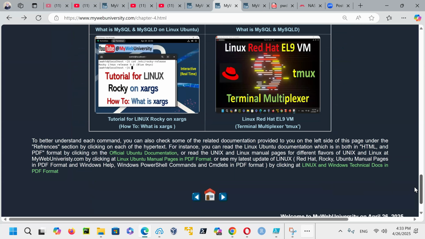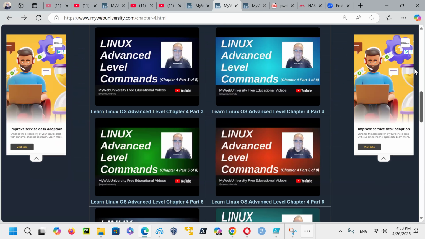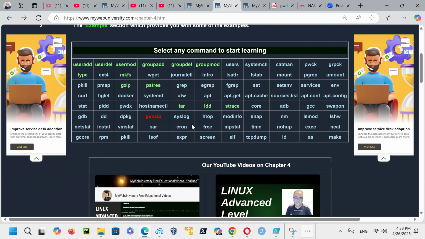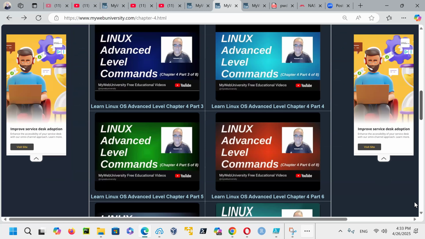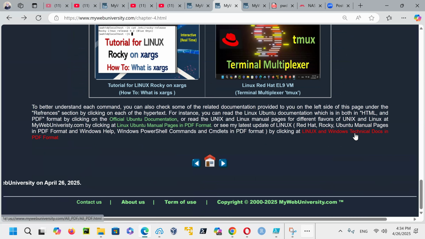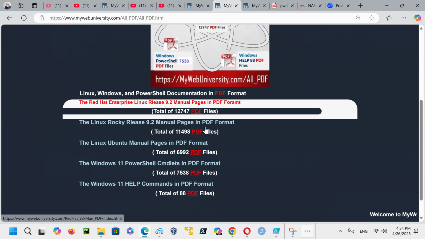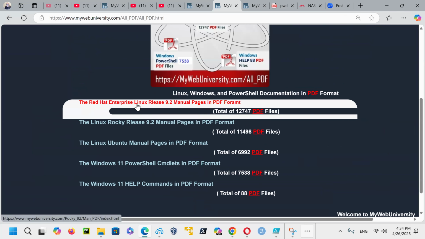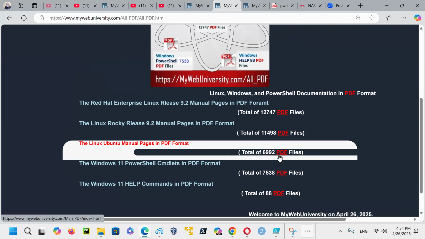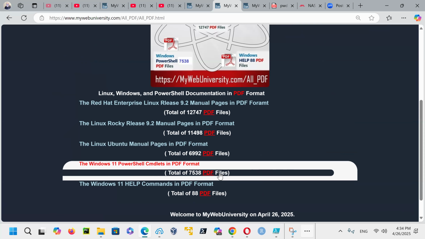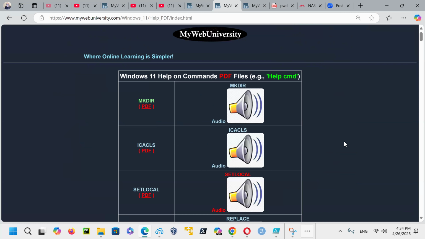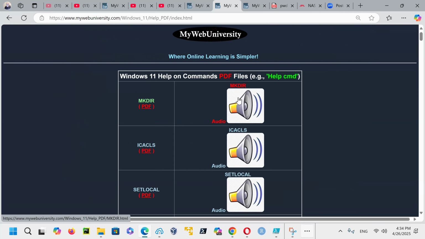Yes. By coming here, for example, let's say you were looking for documentation, you said man pdf file, and it was only Linux Ubuntu. And then you say, what about Red Hat? What about Rocky? So you come here and just click in here. If you're looking for Red Hat, click here. If you're looking for Rocky, click here. If you're looking for Ubuntu, click here. If you're looking for PowerShell, click here. And Windows is there. For Windows, I also have a lot of technical documentation in PDF format,